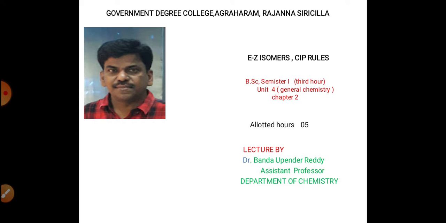And we also discussed cis and trans, and the rules to assign cis and trans, and the rules to assign the E and Z isomers, which belong to the geometrical isomers. Due to a time lag, I have not discussed how to assign E and Z. Today we are going to discuss assigning E and Z for the geometrical isomers. So I'm going to enter the class now.